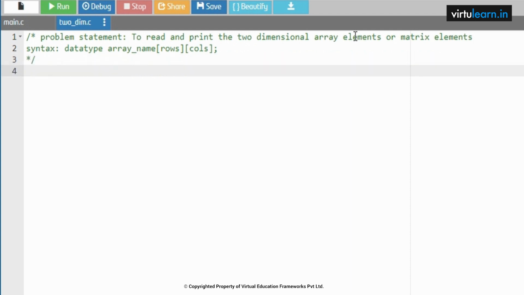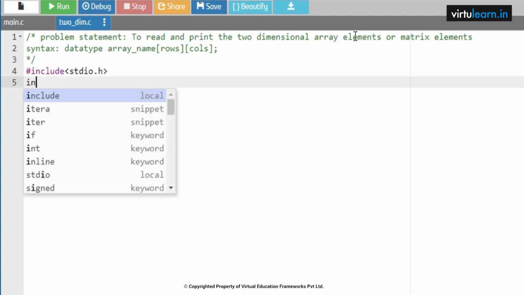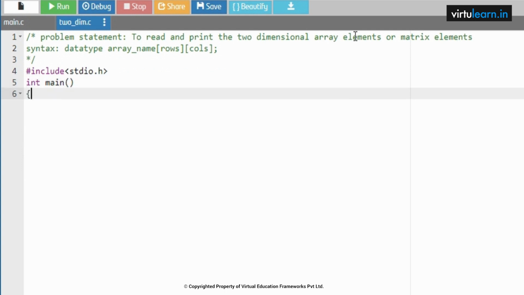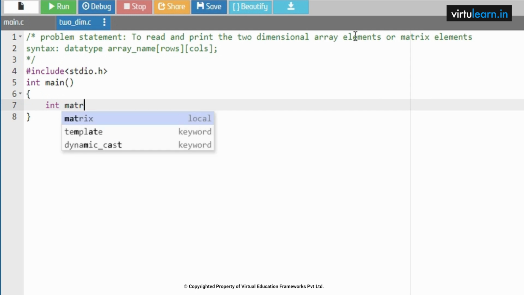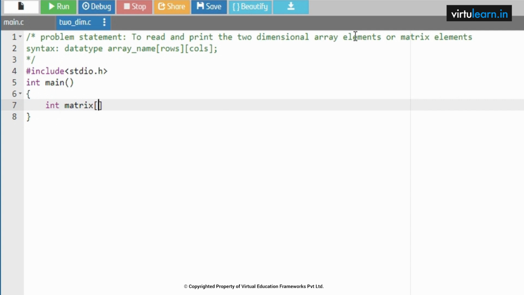Now let me explain how to read and print the elements. #include <stdio.h>, int main. Now I want to initialize the identifiers. Int matrix of, what is the size of this matrix? You can give any size, I am just giving the size as 3. So here is a matrix of size 3 by 3,